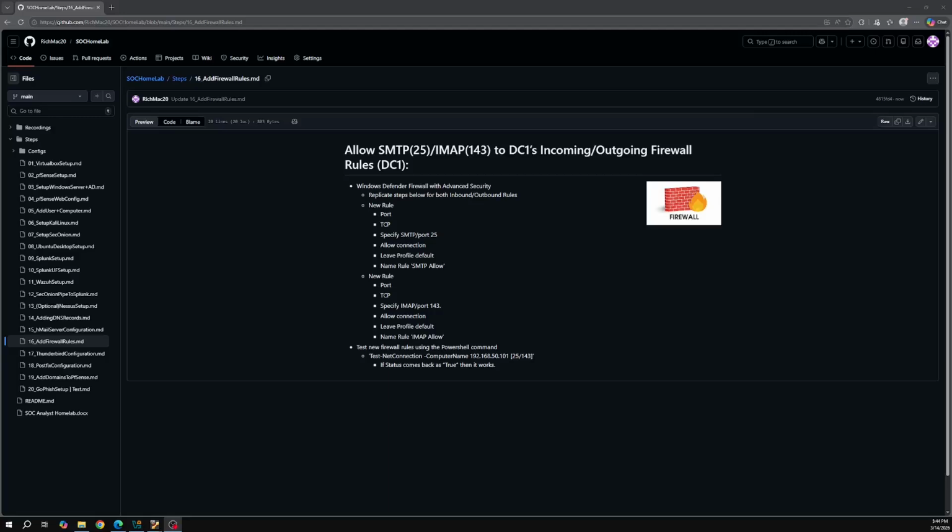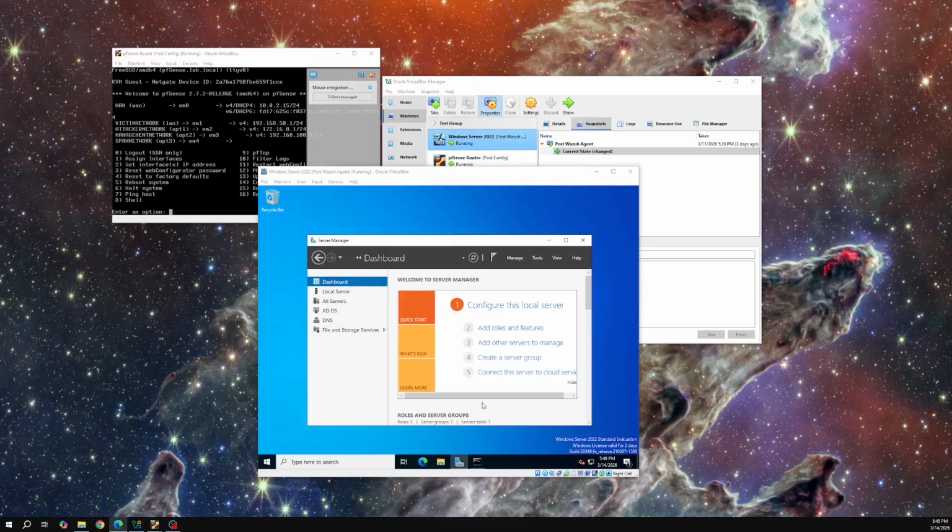Moving on to step number 16 here, we're going to be adding in some firewall rules on DC1 because it's going to be acting as a mail exchange server here, on top of every other rule that is encompassing right now. We're going to have to add some rules for SMTP along with IMAP to ensure that it can send and receive emails. So what we're going to do is get back on DC1 here, go into the search